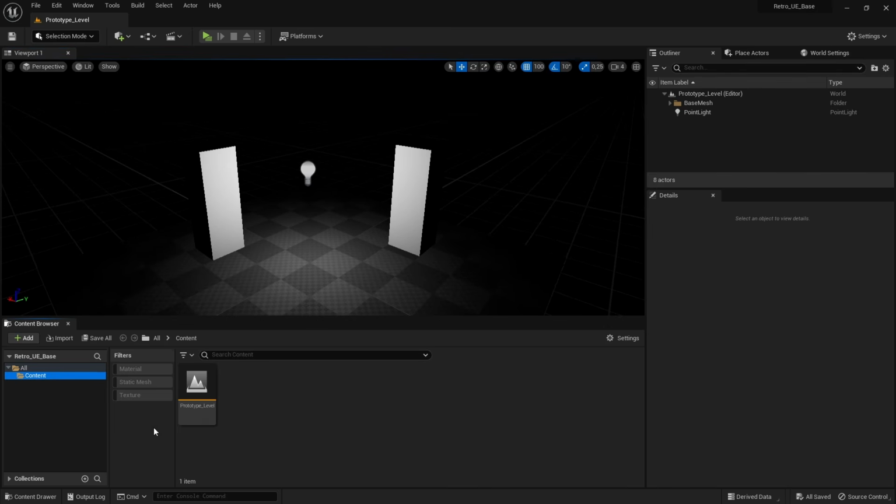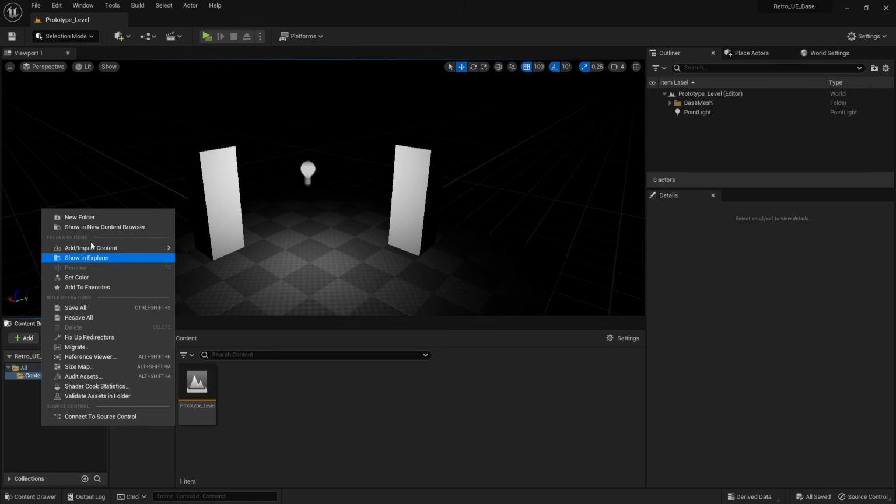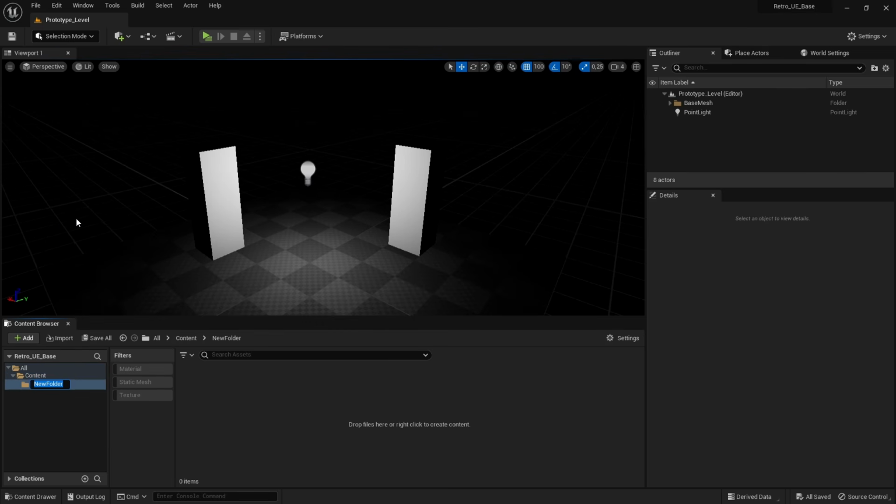For that, let's create a folder, right click, new folder, and call it Assets. And another one, Materials. Okay, content, materials, and